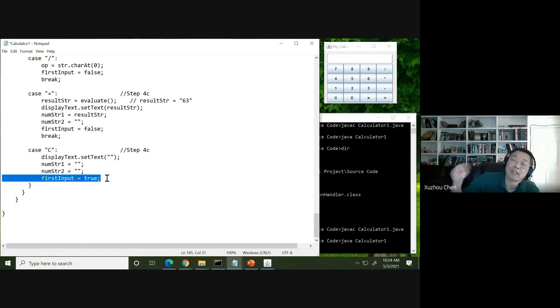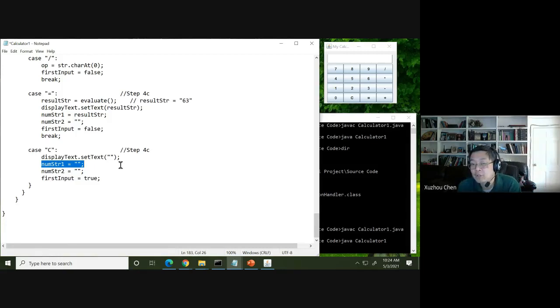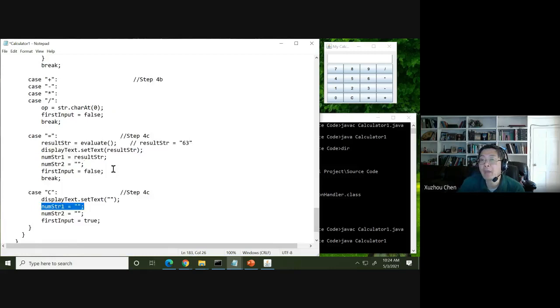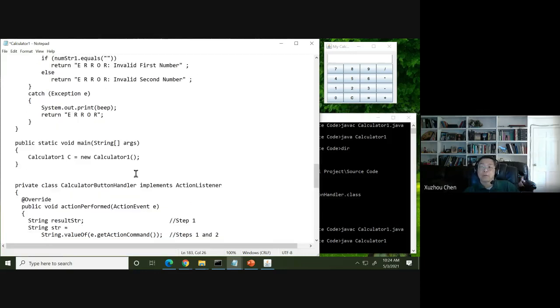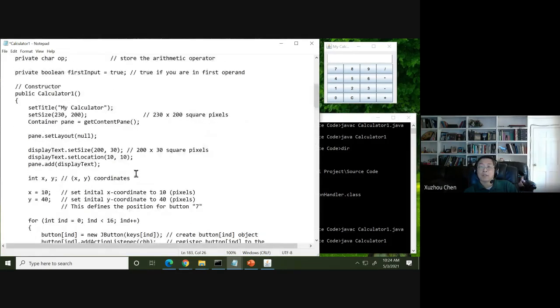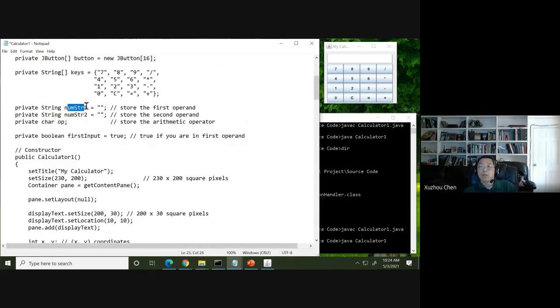So every time I click a number, these numbers will be assigned to string 1. And then when I click an operator, this first input is going to be reset to false. So if you check the code, just check each of the methods I implemented, just make sure you understand how this code actually works. I think my part is done. So in the code, this num string 1, num string 2